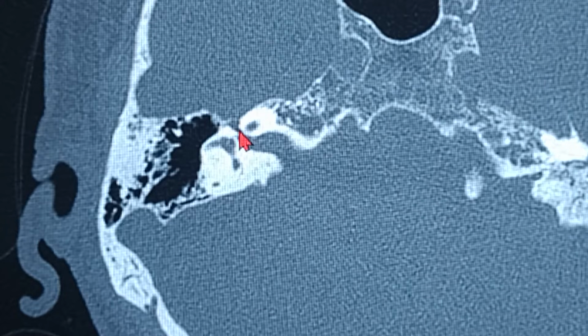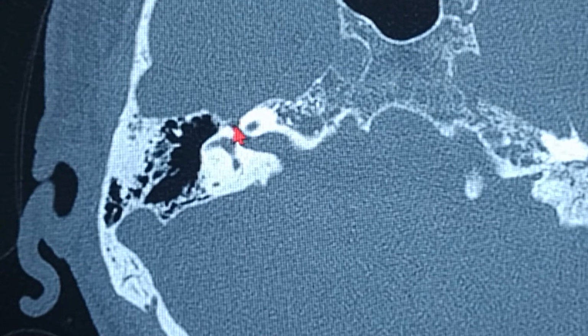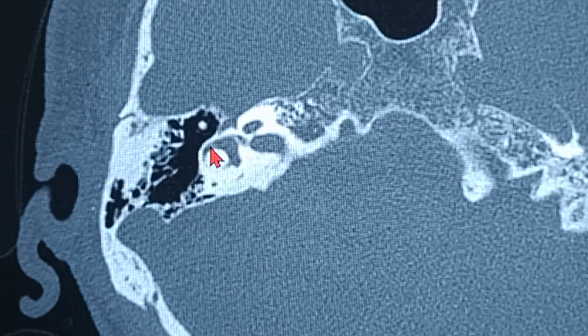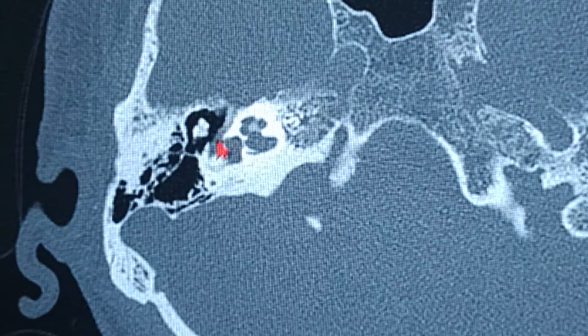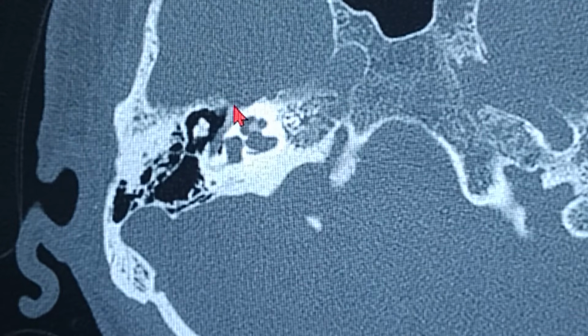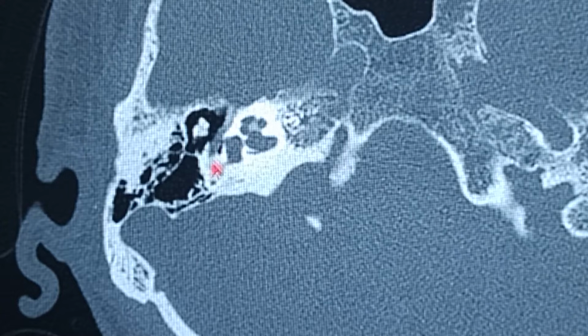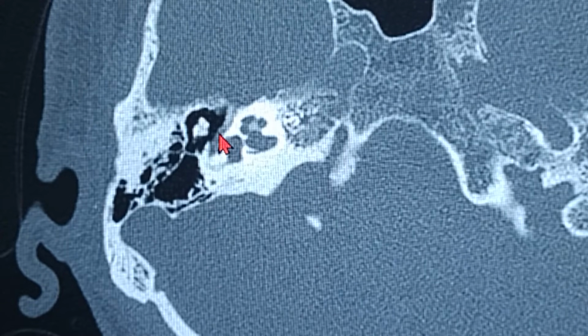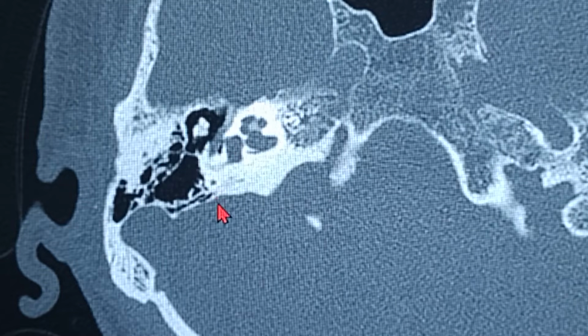That is basically the labyrinthine segment of the facial nerve, where it takes a turn and then it continues as the tympanic segment, which you can see right here. So this is how the facial nerve exits the internal acoustic canal and travels after the genu and the tympanic segment, and then later on becomes vertical. The tympanic segment is basically a horizontal segment, and then in the mastoid it becomes vertical